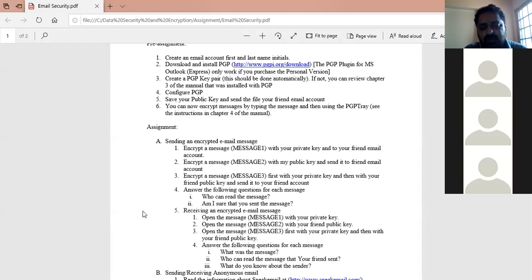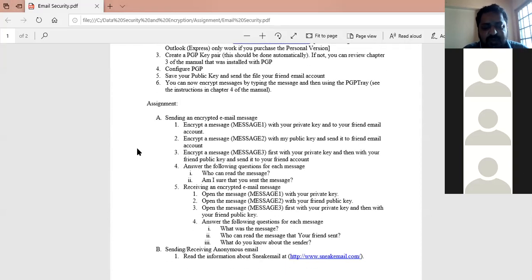You have to know who's the sender and who's the receiver. So you have to answer these questions as well when you are going to encrypt the email and encrypt the message. So in this way, you may observe that sometimes it also happens that you may have an email from